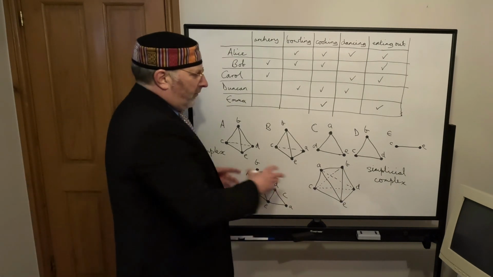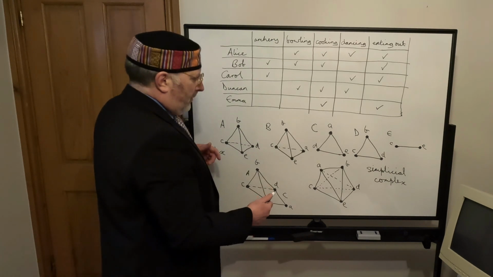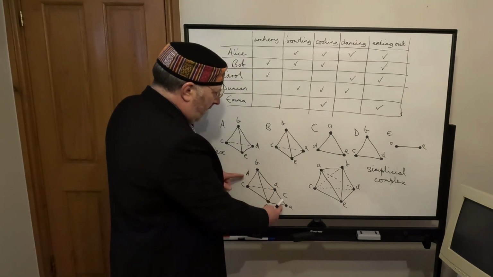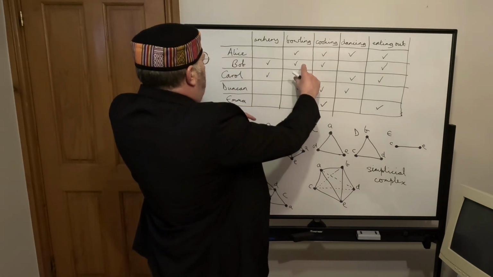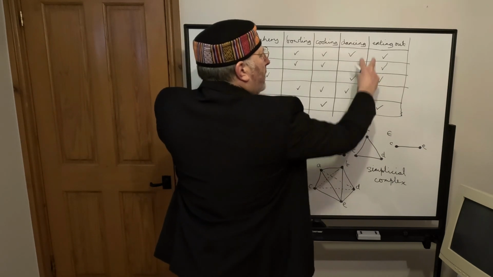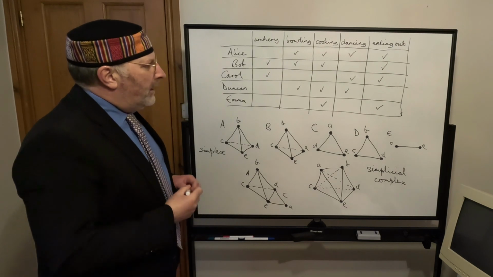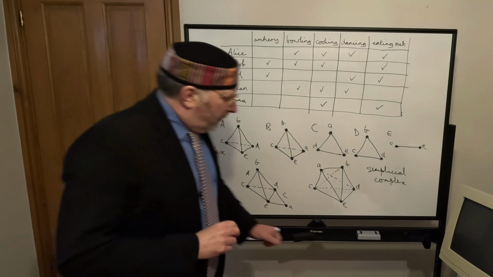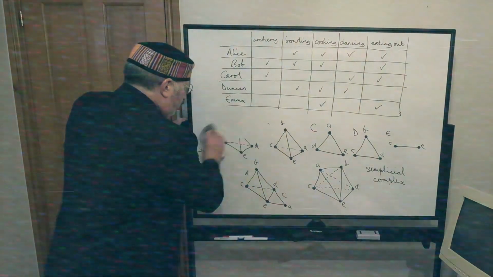But we can see the same thing from the table. We don't need to draw this picture of Alice and Carol. We can see from the table that Alice is joined to Carol at those 2 points, just by looking at it in the table. So let's just make a bit more space, get rid of this.